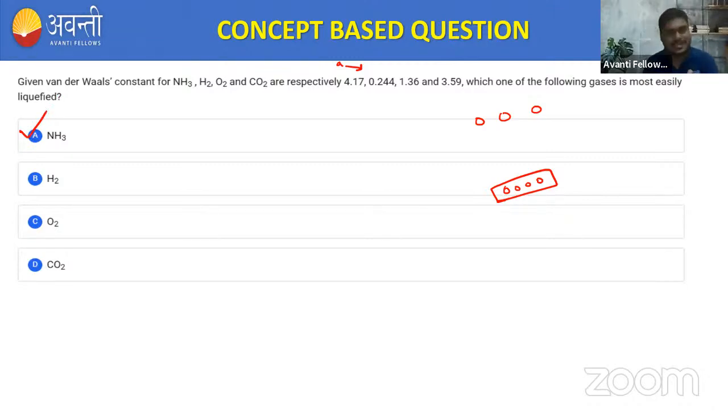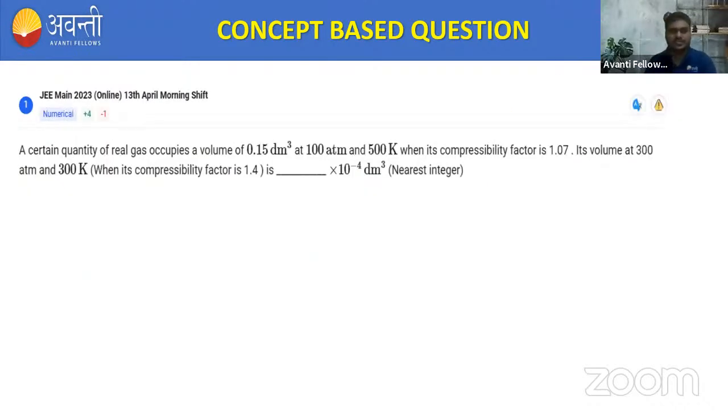So NH3 is the correct. Why beta? Because the van der Waals constant for NH3 having higher value, ठीक है, 4.17. So for the value 4.17, the value of a is high. So more the value of a, easy is the liquefaction, ठीक है, इसीलिए उसका liquefaction easy हो गया. So the correct answer is NH3. Very good. चलो, now we are going to solve some